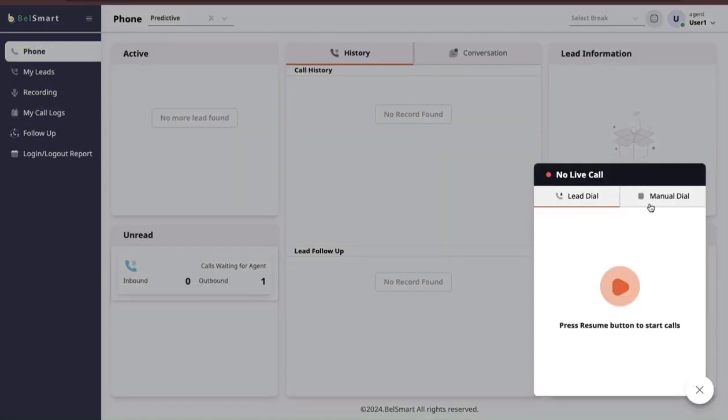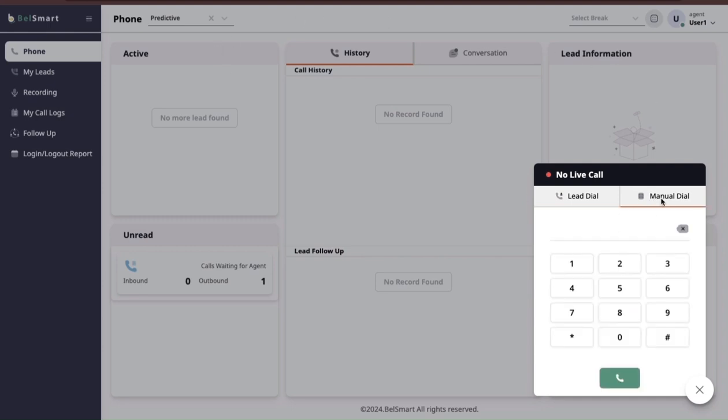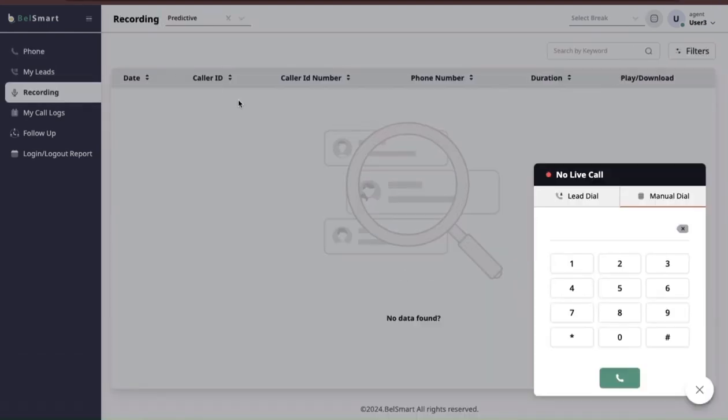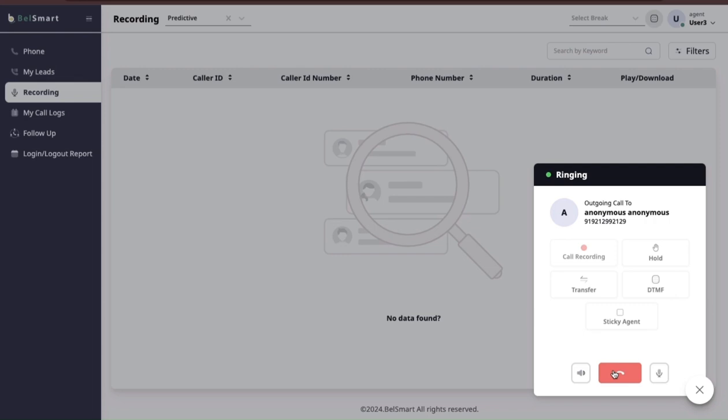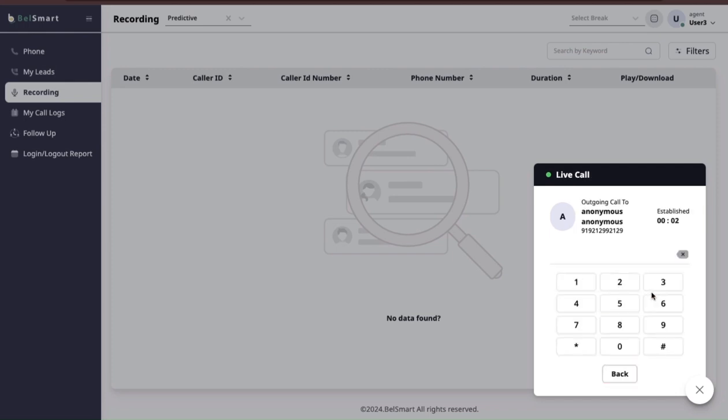Now if you want to dial a manual call, you have to go to the manual dial section and dial a client's number. Let me show you how you have to dial. So I am dialing a client's number, as you can see on the screen. Once the client receives the call, you can select